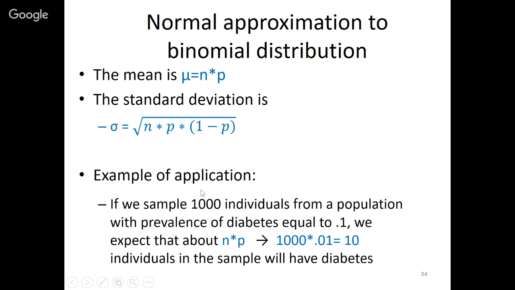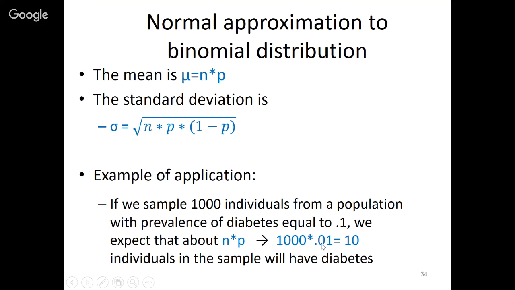If you have relatively large numbers, like 1,000 individuals from this elderly population instead of just 4, this turns out to be more practical than using an exact calculation, because those factorials get very large. So you can use this. So in this example, 1,000 individuals, we expect about,